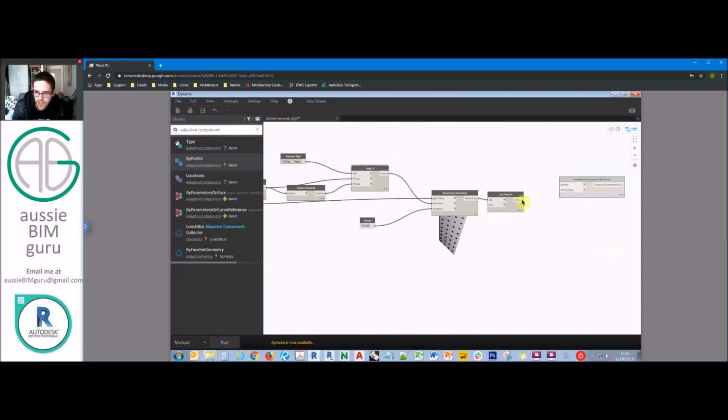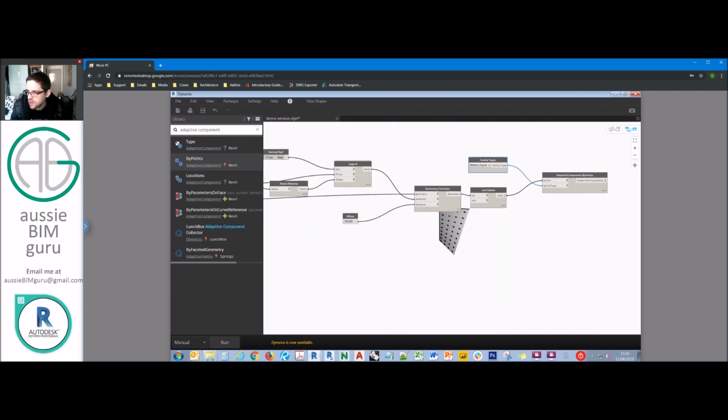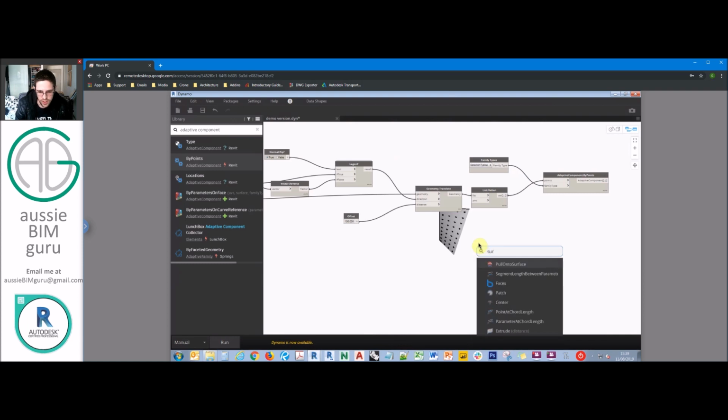And we're going to create a family, which is our adaptive component family. So we need to search for family types. And we'll pick our family, which in this case I've called detector. It's important that you, by default, set it to the likely name for the family. And then after that, we need to basically do some number crunching to find out what each of those parameters should be. So first we're going to get the surface area